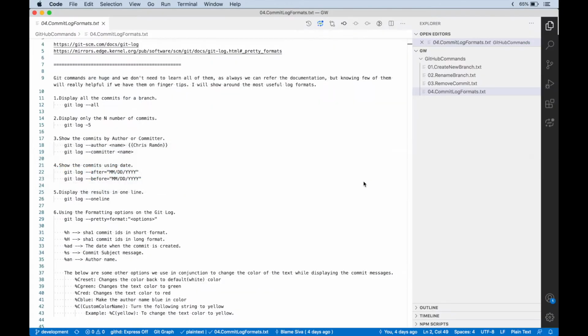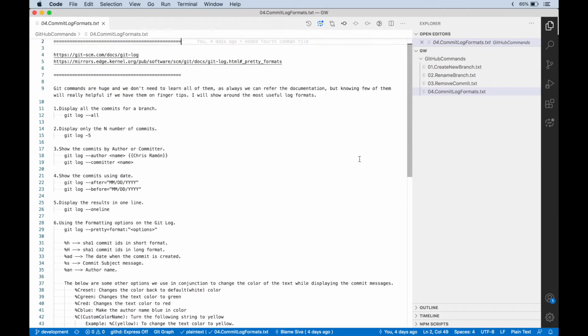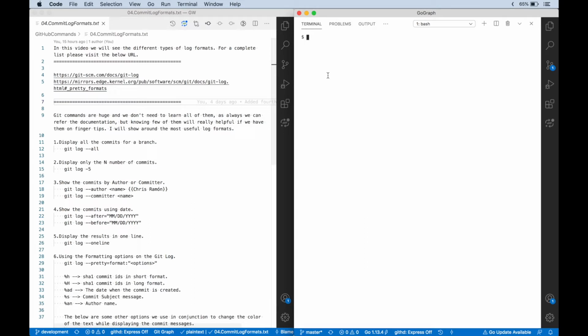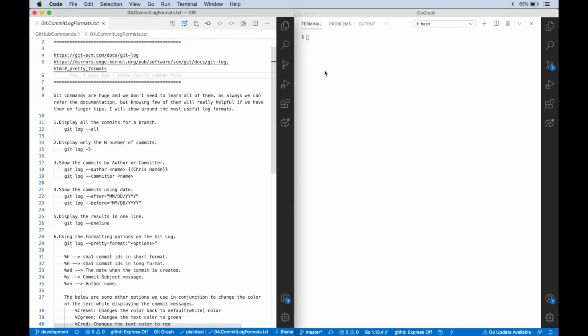Let me shift back to Visual Studio Code. Let me close this window. Let me resize this window. So here I have the syntaxes, and on the right side I am using the GraphQL repository, which I showed just now, to show the commit log messages. Okay, this is pretty much straightforward. I went ahead and forked the public repository to play around with the various commit messages.